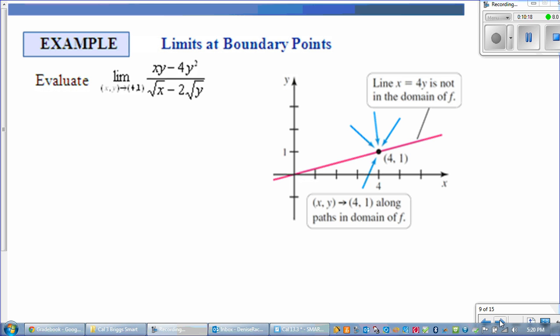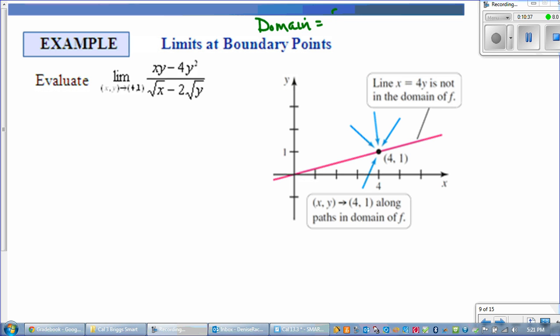Okay, now let's find one more limit at a boundary point. If you try to evaluate this at the point (4, 1), you'll get the square root of 4 minus 2 times the square root of 1, so you get 2 minus 2 in the denominator. So the domain here